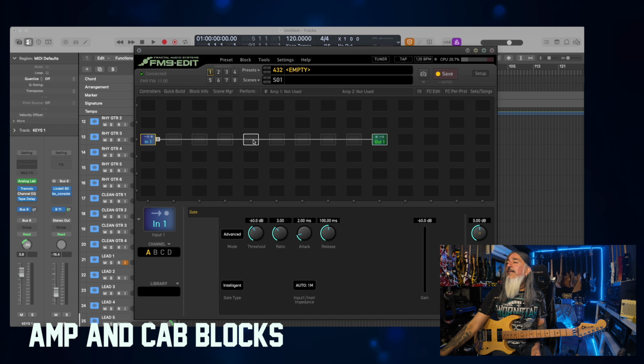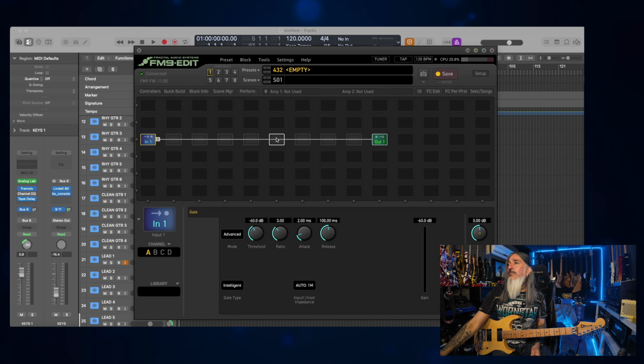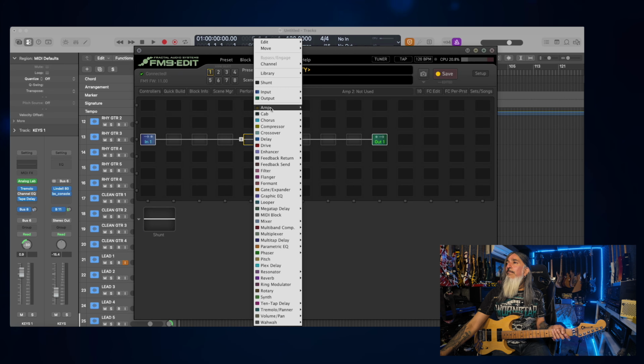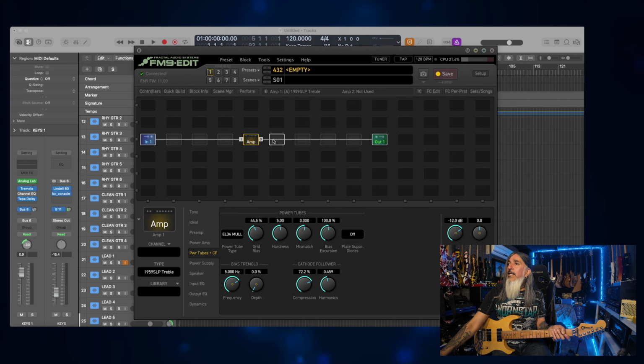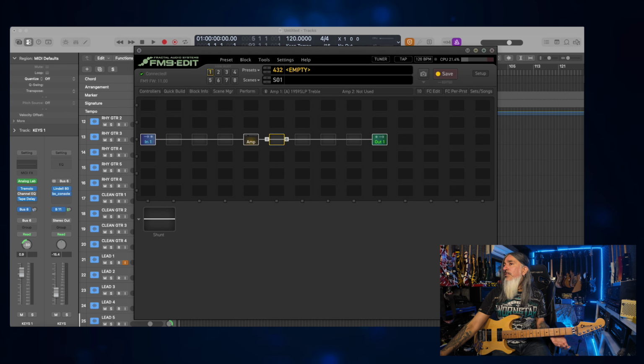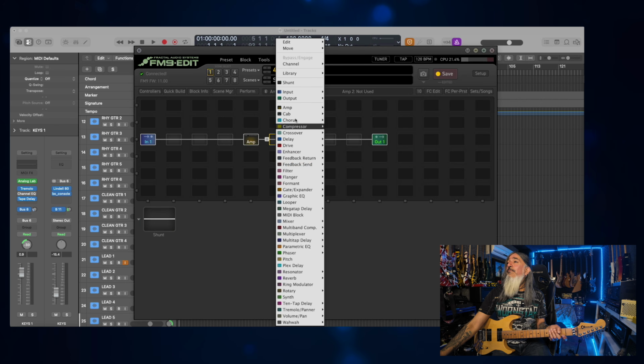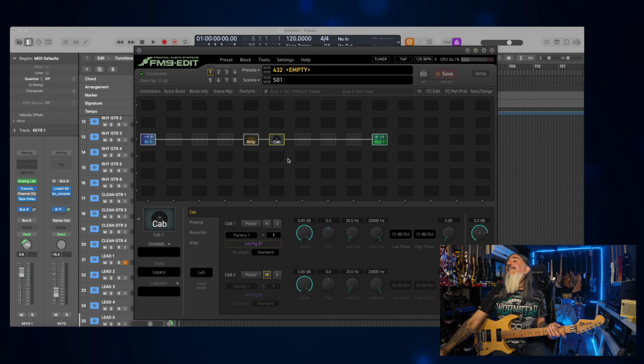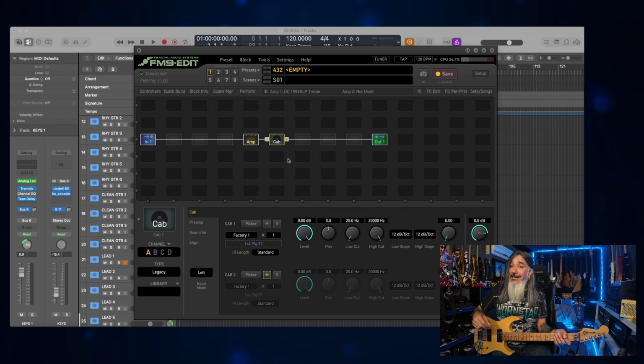Somewhere in the middle here, I'm going to add an amp and a cab. And I'll add it right down here in these two blocks. So first, I'll add the amplifier block, and then I will go over to the cab. I'm not going to worry about which amplifier it's chosen right now. I'll just add the cab first, because without the cab, the amplifier sound is going to suck,